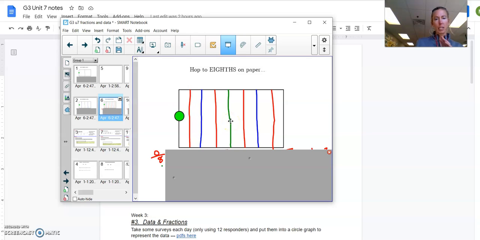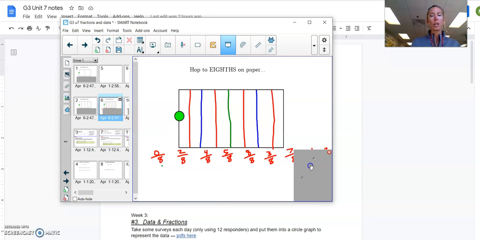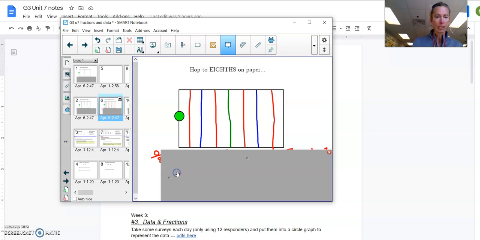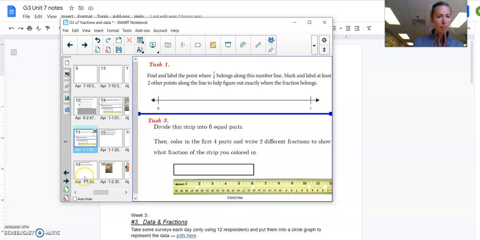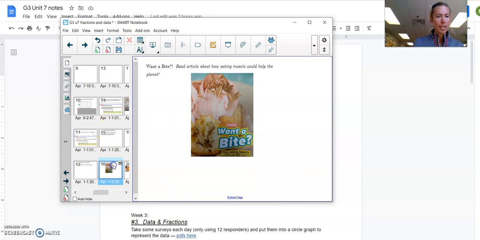And see how the next day we take what we did from the day before, we pick up a new color, and now we cut those fourths in half with a new color. And now if we take fourths and cut those in half, now we have eighths. So now we're hopping stuff there and noticing, okay? And then we have our same tasks to do, all right? So if we keep going and keep going and keep going, at the end here, I give you